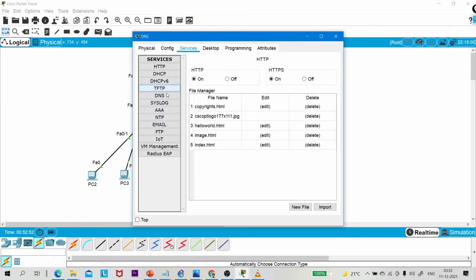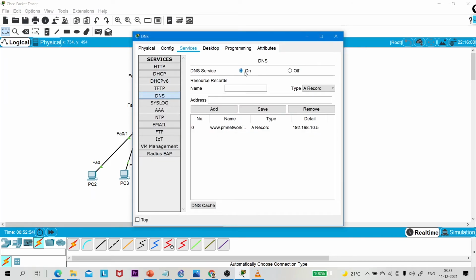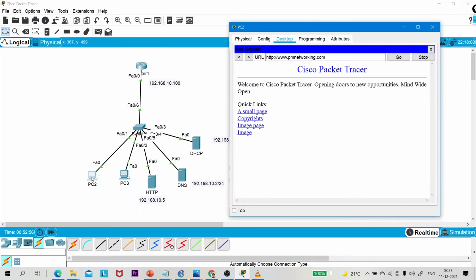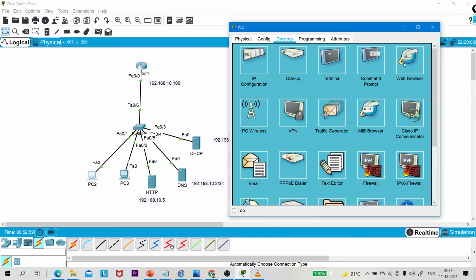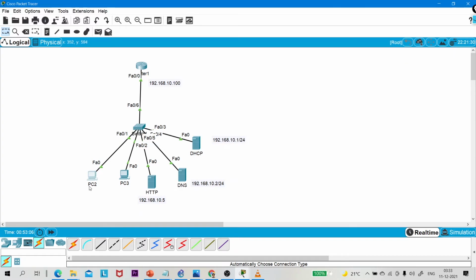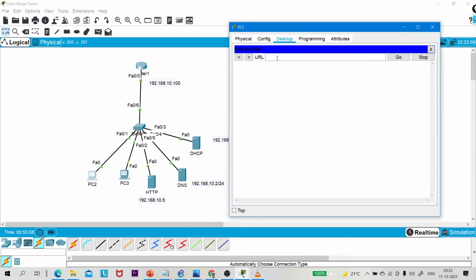Okay, but what happens if I turn off the DNS service? So let me check. Turn off the DNS service, right? Now again open the web browser and type www.pmnetworking.com.